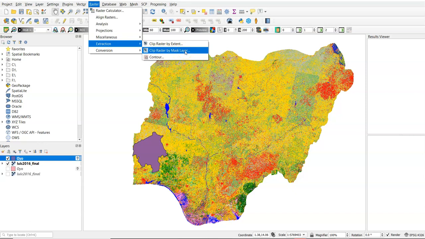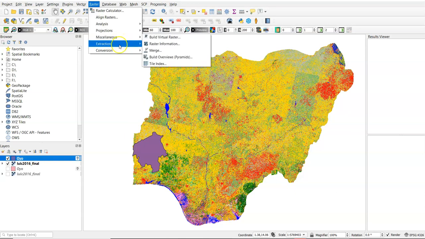Clip by Extent will just use the boundary of Oyo State. It is going to give you a rectangular block of the image based on the minimum X, maximum X, and the minimum Y and maximum Y of the boundaries of Oyo State. And you're going to cut it.